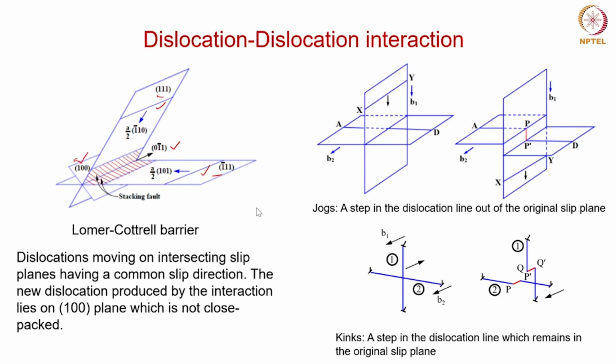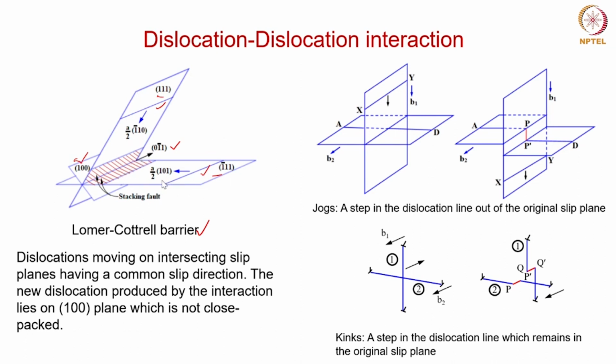So there is a barrier to the dislocation motion due to such interactions, and this kind of barrier is known as Lomer-Cottrell barrier. So this is one kind of interaction which could happen between two edge dislocations moving on